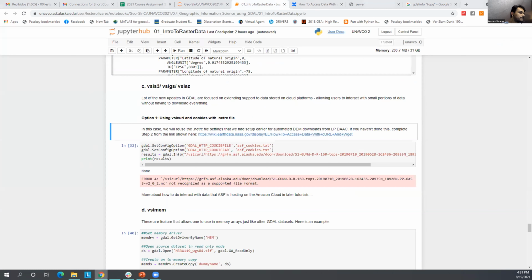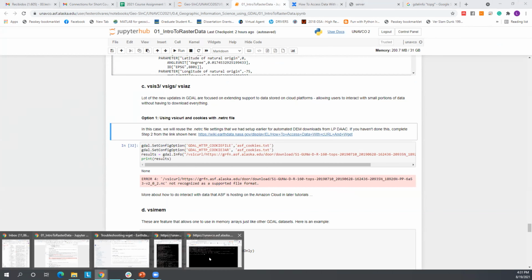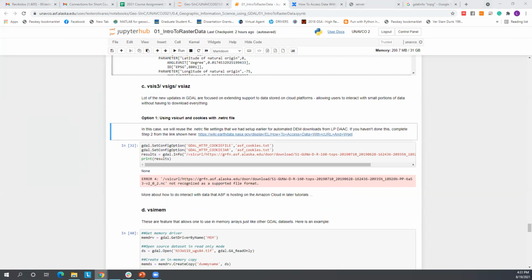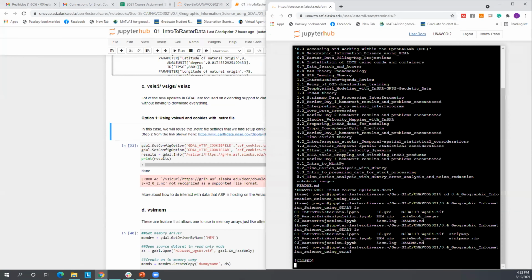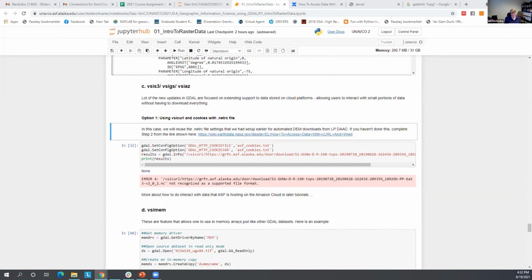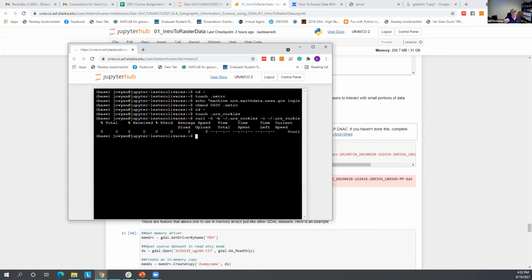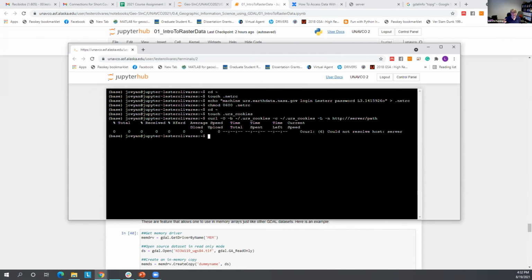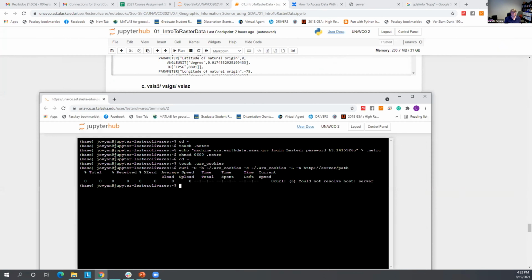Type out your netrc file. The error that he's getting is the same one I was getting when the netrc file was in the working directory and not the home directory. It's actually a permissions error. So either you don't have access to the file because you don't have a netrc file, or you don't have access because you don't have permissions enabled within Earth Data. Both, I think, will give you the same error message.